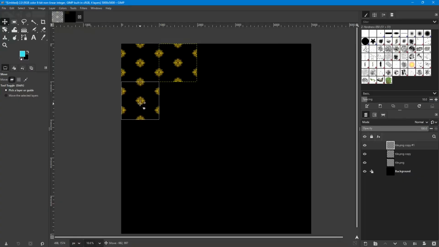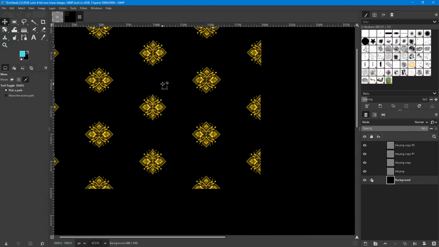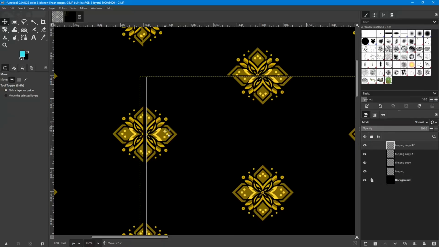Now I'm not going to line these up exactly, but normally what would happen is the program that you load this image into would do this lining up. But I'm going to press Control Shift D to create a duplicate of that, and I'm just going to drag it over here. You get the idea. It's tileable. All four sides line up with the other sides so that when you repeat it, it makes a repeatable pattern, and it lines up nicely. Now I don't have them lined up exactly, but you get the idea here,